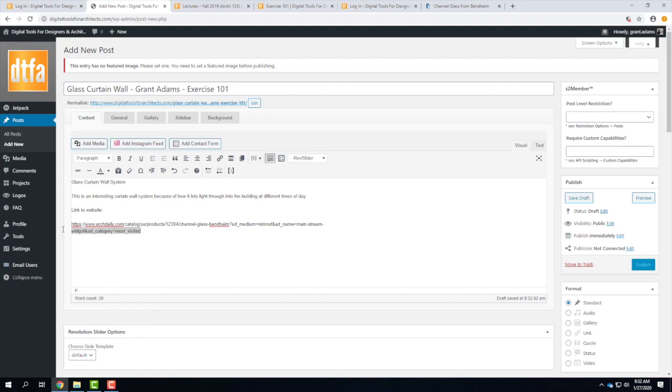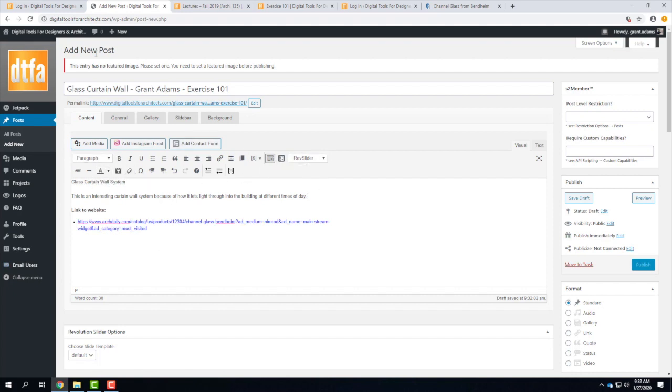So if I select it here and I look at my tools right here, there's a little chain. If I click on that, I can make it a link. It automatically kind of knows it's a link, and I can confirm it, and that makes it a clickable link. I can do things like format. So I could take this link and I could make it a bullet point if I wanted to. I could make something bold by clicking on bold. You guys get the idea. Okay? So you have all the standard editing tools, etc.